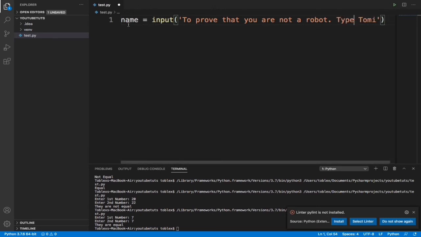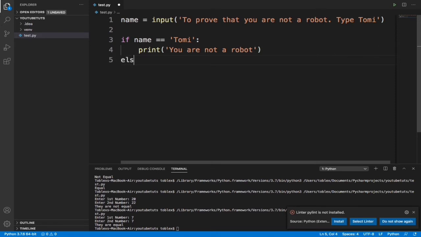Now when we print this, we tell the user: to prove that you are not a robot, type Tommy. Now we want to check if the user typed Tommy, which means the user has been proven not to be a robot. But if he doesn't, we say we are not sure if you're a robot or not, so we can't let you access whatever you want to access. Now let's say if name is equal to Tommy, let's tell the user that you are not a robot.